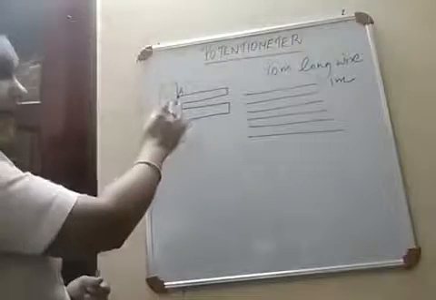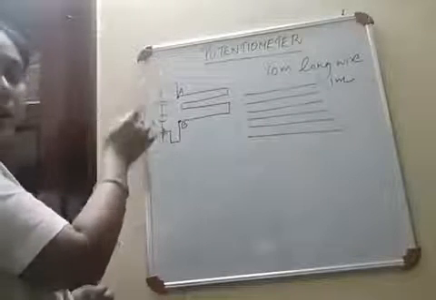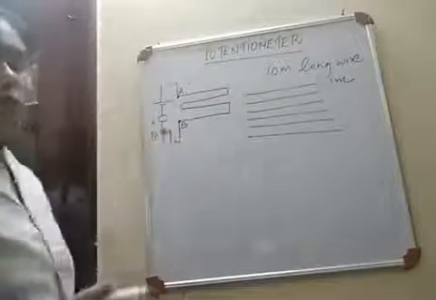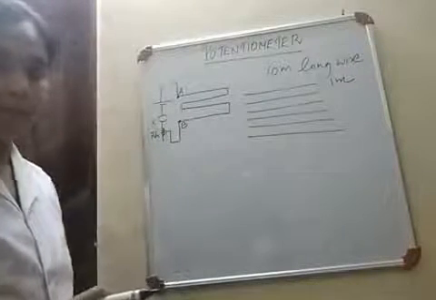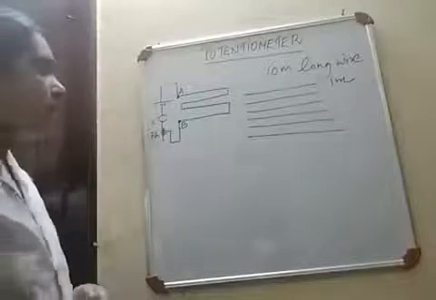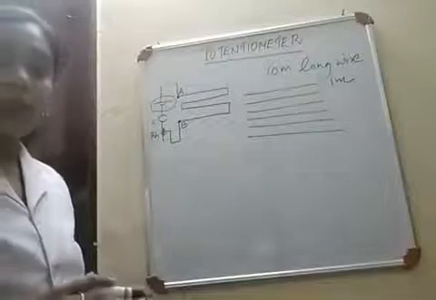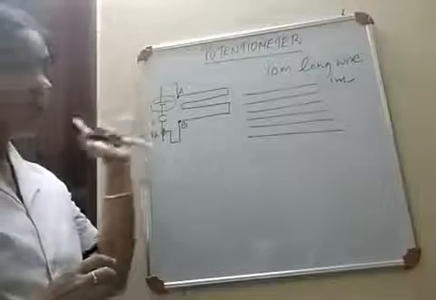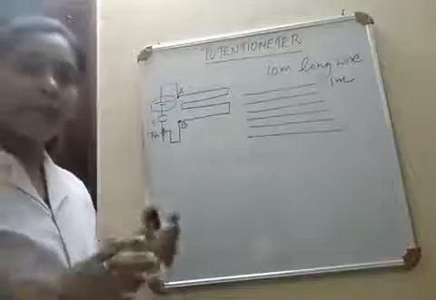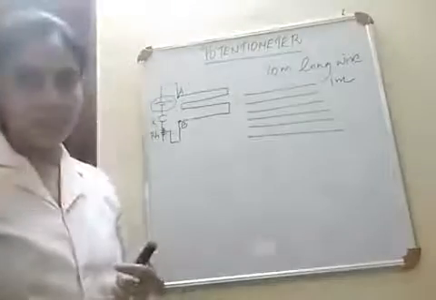Now the point A is connected to the battery, key and rheostat in series, and from the rheostat a connection goes to the point B. These are the two terminals of the potentiometer board. Here we are not supposed to find the EMF of this cell. This is just an auxiliary battery which helps to maintain a constant flow of current through the potentiometer wire.